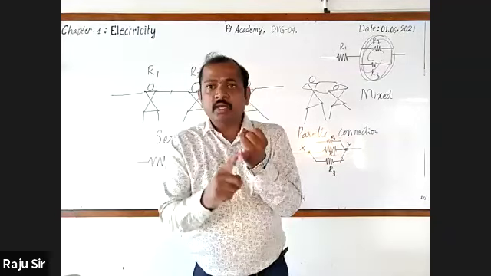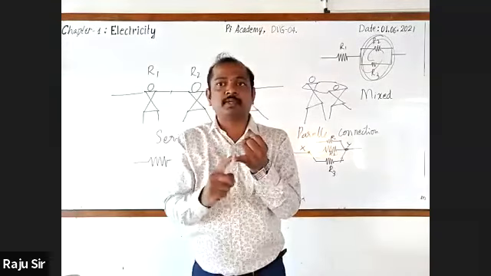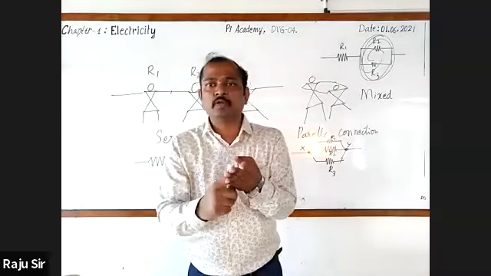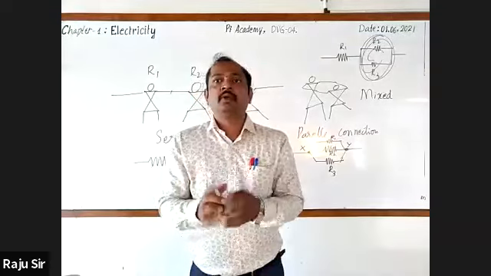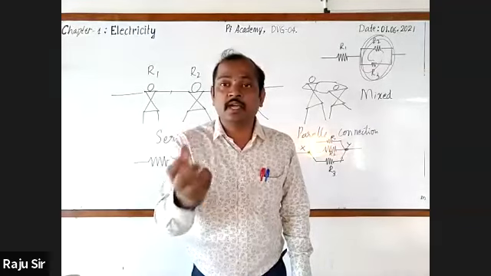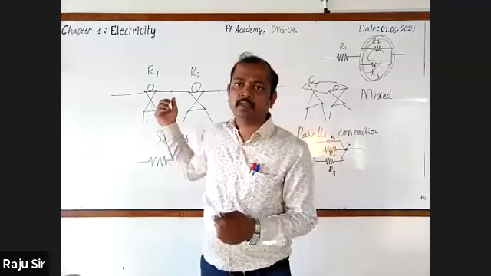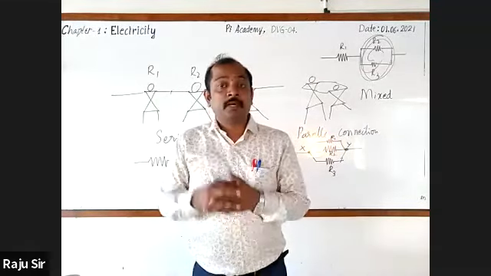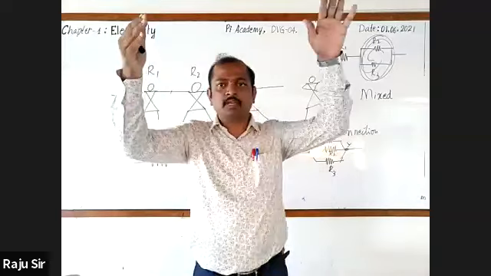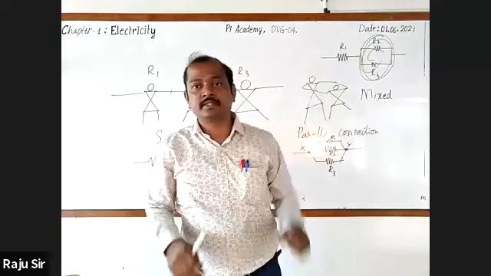Now, you should come to know why we are going to connect the resistors in series. I'm going to explain that. Similarly, why they are to be connected in parallel? Why we should move on to mixed connection? All these are to be done to get the desired electric current. To get as much current as we need, we will go for connecting the resistors in these ways. But in these connections, if resistance increases, then obviously current decreases. If resistance decreases, then current increases, right?